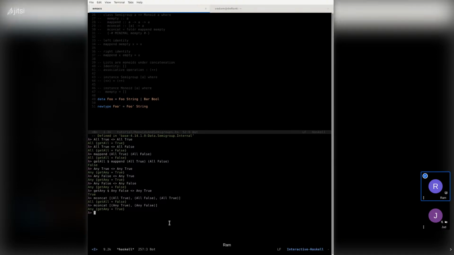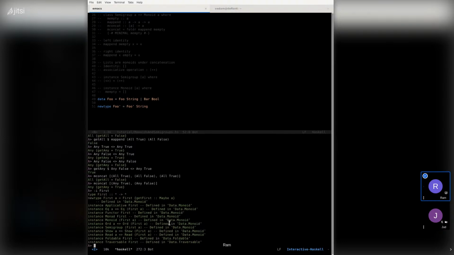Okay. So if we look at first, we can actually see this. First is this new type that'll take a maybe, and it'll get the first value, which is the leftmost value in the monoid, and then work its way up. In order for us to do this, sorry to use first so many times, as a prerequisite we need to provide some constructions of a maybe type into first, and then work our way through an example.